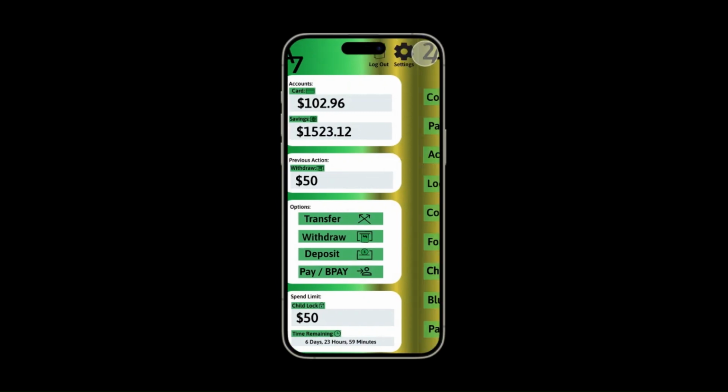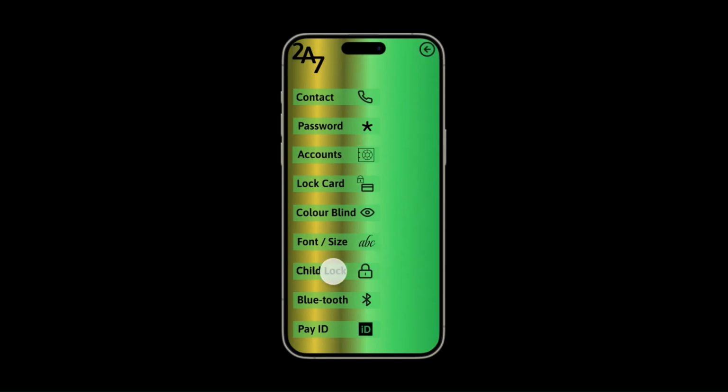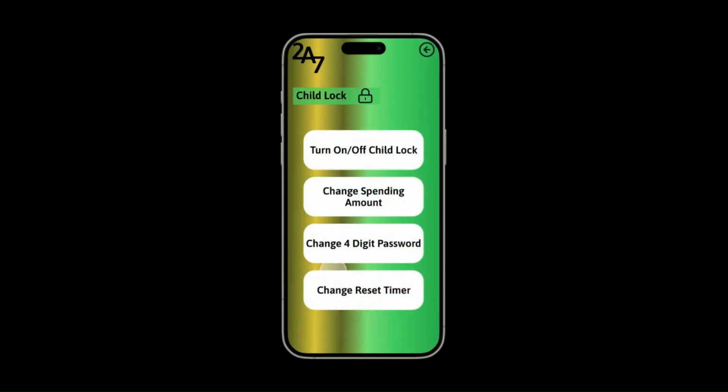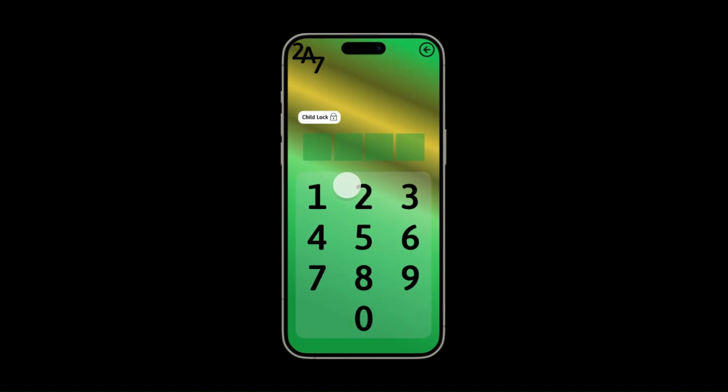Seeing as this is a child lock option, I would like to go through some of the child lock options available. Now, once we have entered our child lock, we can see 4 main options. The first one is turn on and off child lock. Now, due to the fact that this app has already been turned on with child lock, clicking this will turn it off. First, a parent will put in their 4-digit unique code